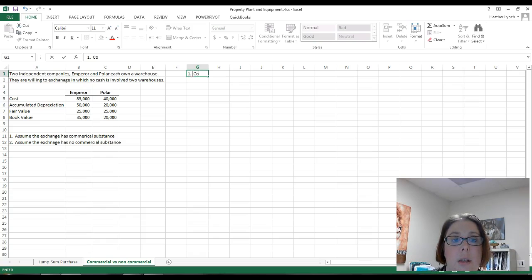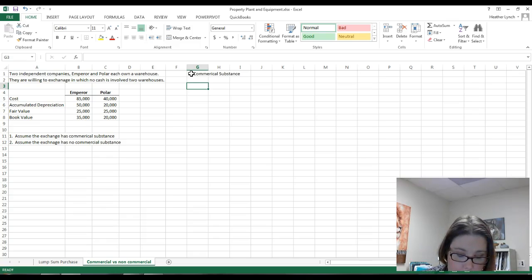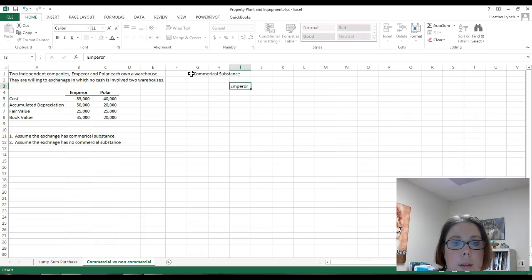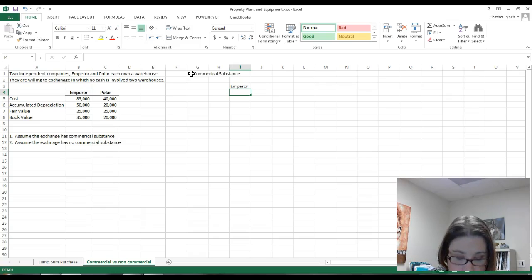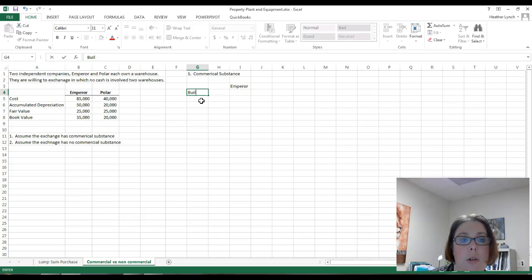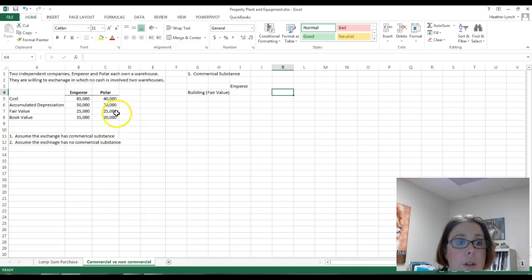This one has commercial substance. Okay, and we will do Imperial, and then we will also do Polar. Okay, so he is acquiring a new building, and we're going to use the fair value. So we are going to do a debit to building, and I'm going to put in parentheses fair value because that's how much we have to enter it at, and that's going to be the $25,000 of what Imperial